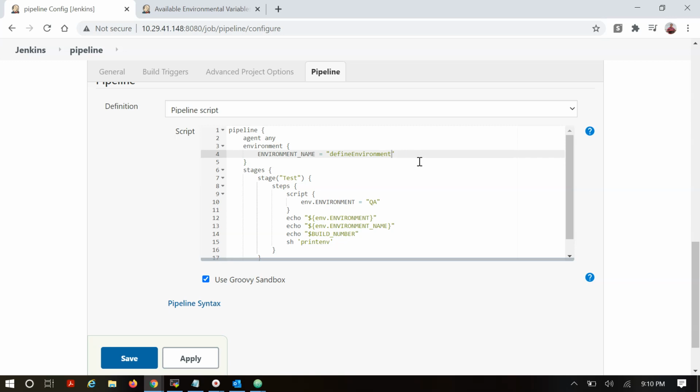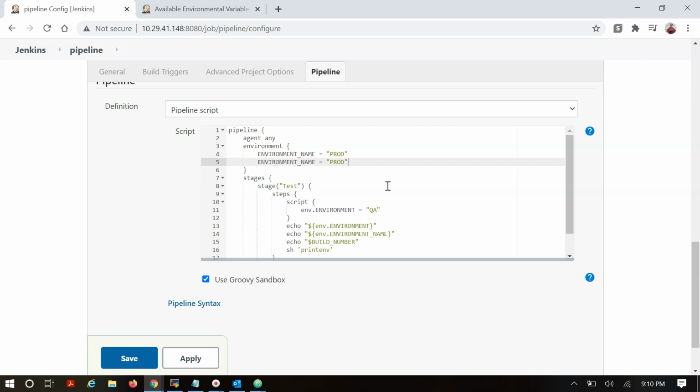We want to make our custom variable here. So let me define one variable. Test1 is my value, and my variable name is environment name. You can create the environment name like prod, QA, and dev. You can create multiple environment name values here, as many as you want to use. And there's an environment IP. You can configure it based on your requirement. So we can give the IP here as 1.1.1.1. Like that you can use multiple environment variables here.